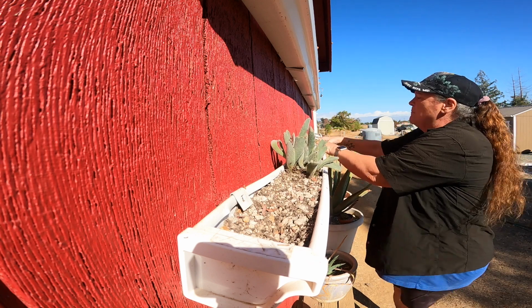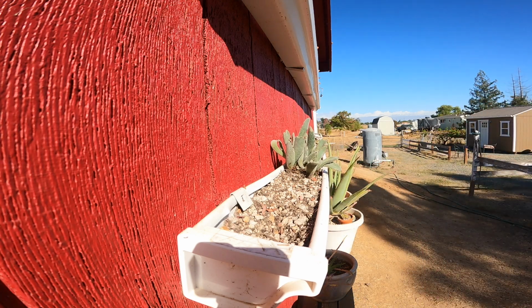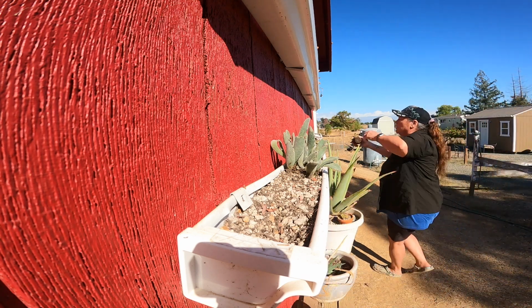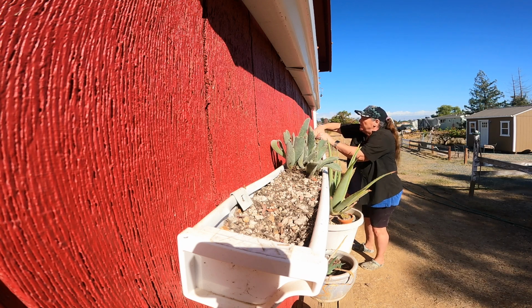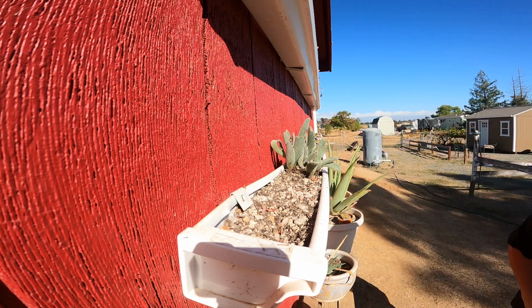I did actually buy a microphone. I just have not even tried it, but I need to get that hooked up and see if it works. But I'm gonna just kind of separate these all the way down to here. It should be pretty easy to get all this stuff planted in here because the soil in here is very